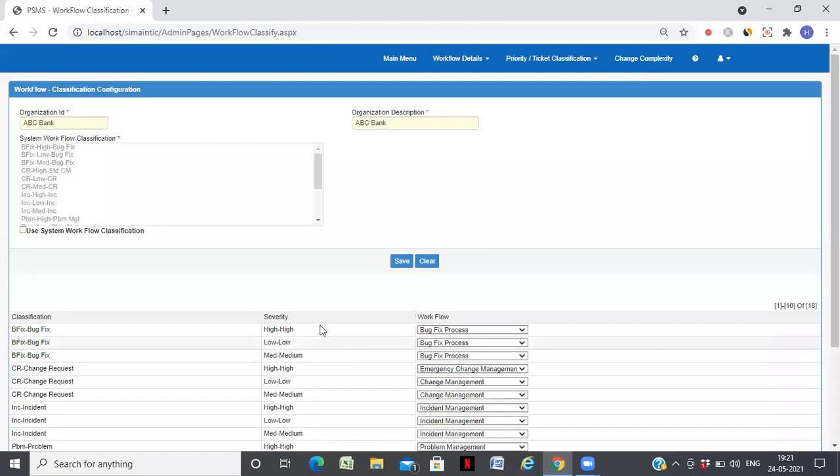You can see for a bug fix, severity, what workflow we need to follow. There could be multiple workflows which you can configure accordingly.